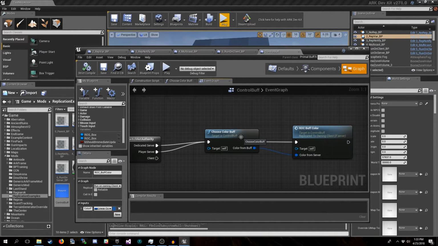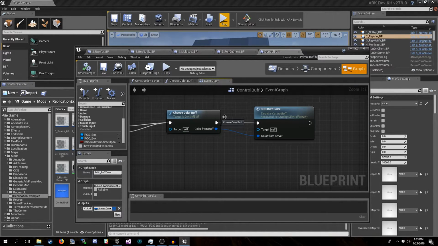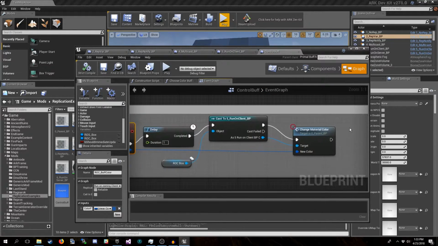And because the buff is setting the value on the client side for that material color, each client is seeing a different color on the box. So that's interesting, right? You could actually use that in some interesting ways to give differences in the way that players will see objects. But in most cases, we don't actually want that.